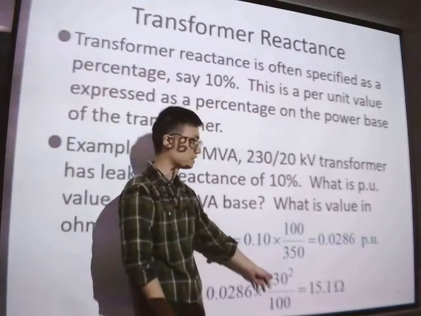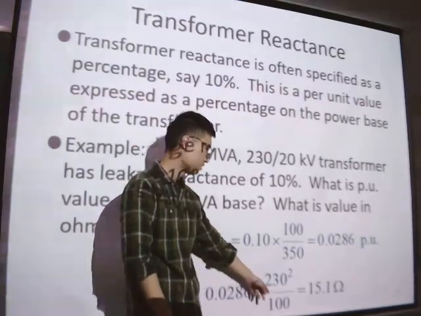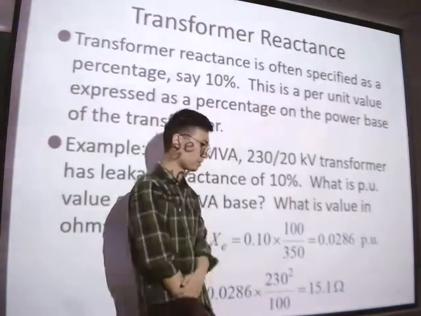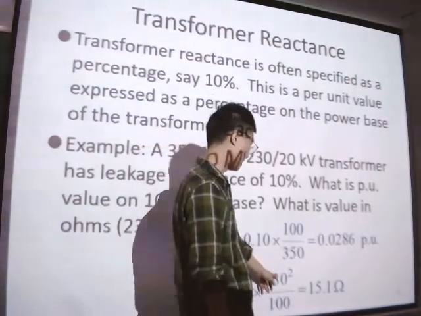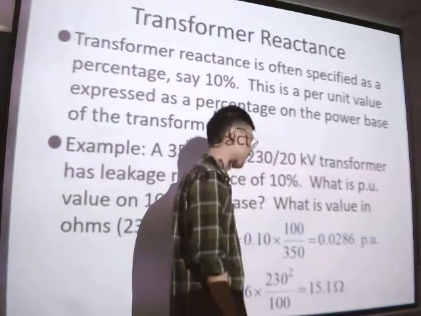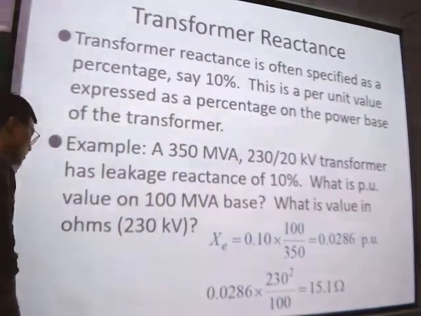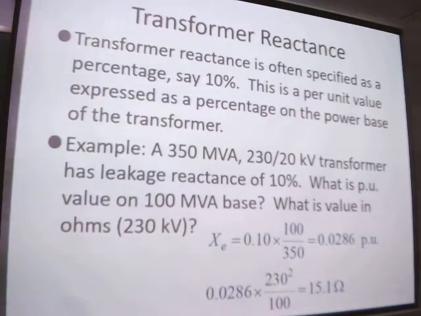It will be the voltage squared divided by the per unit base of the system, right? So in the 2 and 30 kilovolt, it should be approximately 15 or